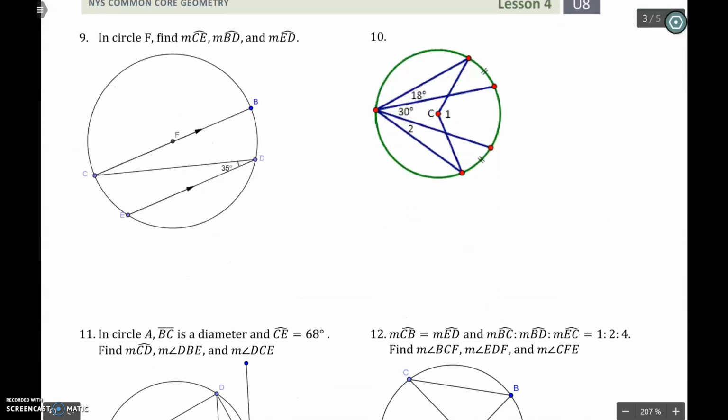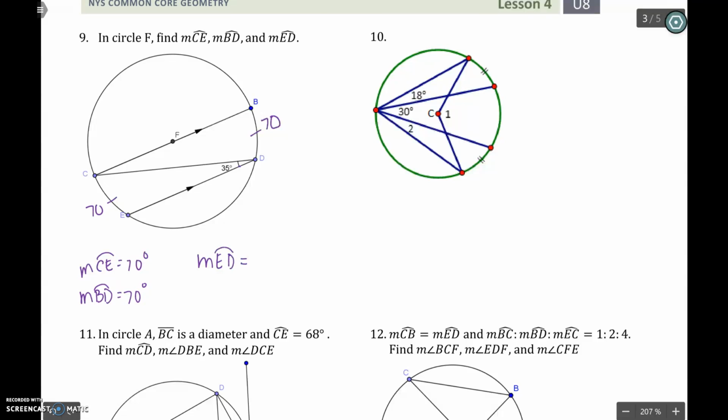For number 9, again, we have parallel lines, parallel chords, so the arcs are congruent. So if this inscribed angle is 35, this arc would be 70, and this arc would be 70. So they want us to find CE, BD, and ED. So CE we just found is 70. BD we just found would also be 70. And then to find ED,